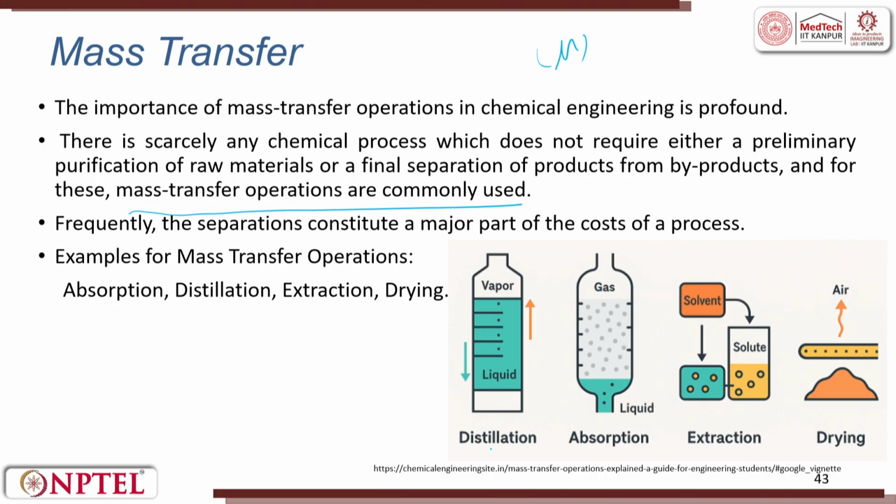The processes which use mass transfer are distillation. The liquid gets heated up and the vapor is formed, and the vapor condenses, and then you get a liquid out. Next one is gas absorption. The gas is passed through and then you have absorbents. These absorbents absorb the impurities into them, and the pure gas is released. Then the next one is extraction. To the liquid we add a solvent, so it gets mixed, and then from the solvent you try to separate the solute out. And finally drying in air happens. That is also a mass transfer. So, I go back.